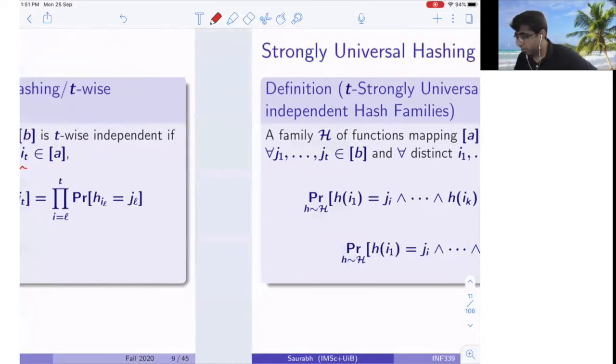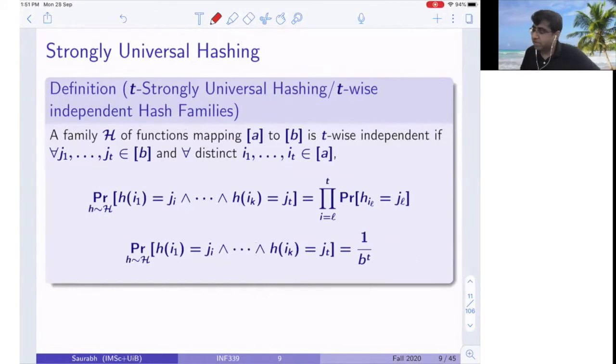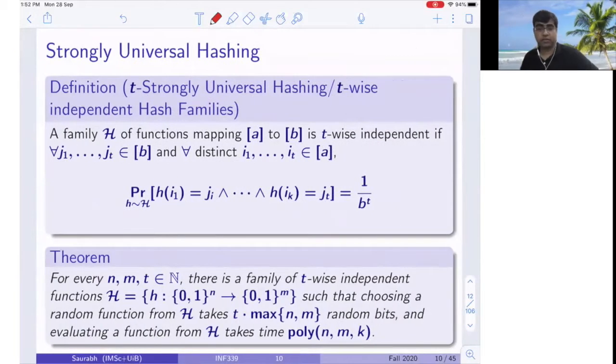And moreover, we saw that if these functions are uniform in their range, that is, they take any value from 1 to b with probability 1 over b, then if you choose this function and it is t-wise independent, the probability of this is 1 over b to the power t. And there is a known construction that for every n, m, t natural numbers, there is a family of t-wise independent hash functions from, think of this as a field of size 2^n to a field of size 2^m,